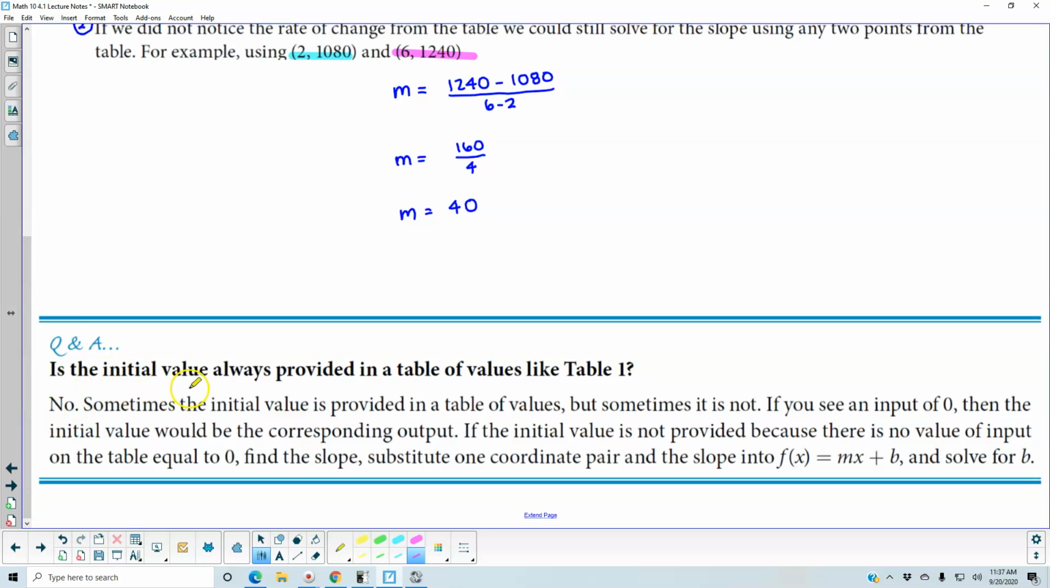Now, is the initial value always provided in a table of values like table 1? Well, the answer is no. Sometimes the initial value is provided in a table of values, but sometimes it is not. If you see an input of 0, then the initial value would be the corresponding output. If the initial value is not provided because there is no input on the table equal to 0, then you'd find a slope, substitute one coordinate pair and the slope into this model, and then solve for